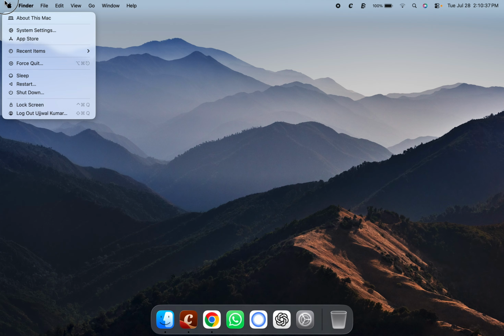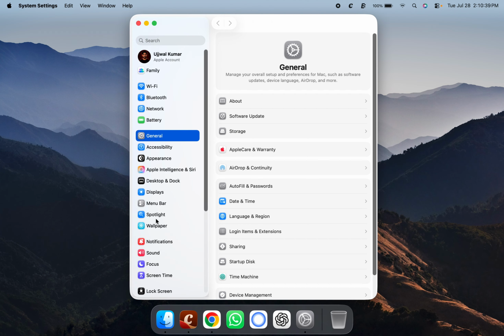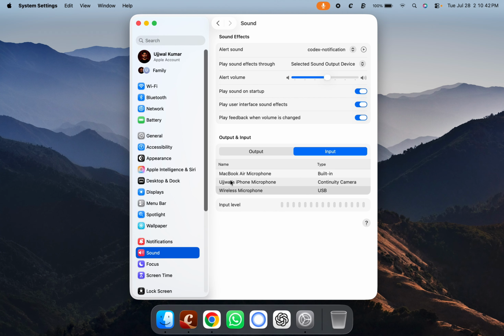First, click on the Apple logo at the top and choose System Settings. Now go to Sound from the left side pane, and here make sure you are in the Input section, and from the list of available microphones, click on MacBook Air microphone, MacBook Pro microphone, or built-in microphone, depending on your Mac